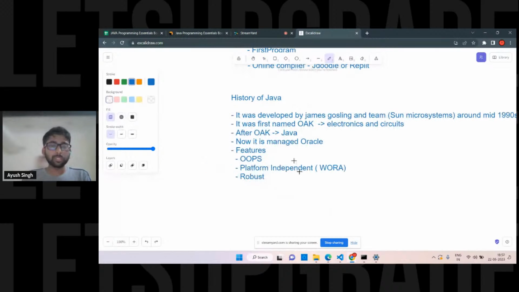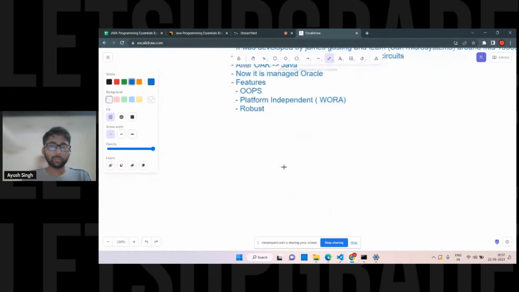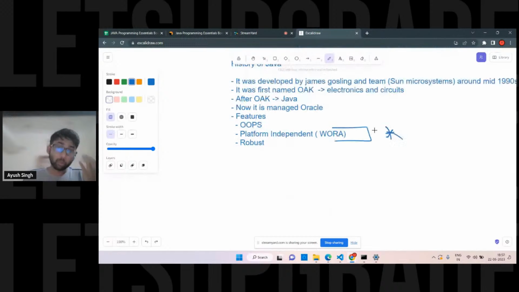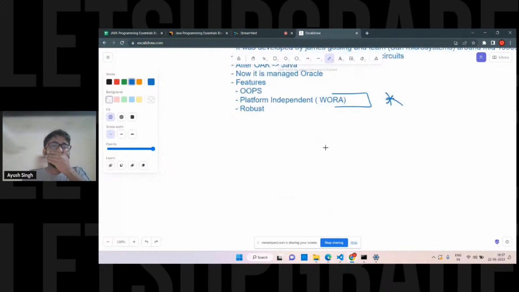So we are going to see this part. Generally we are going to see this part. This is quite important, I'll just mark it with a star, which is more important. Obviously, this OOPS is also important at the same time, but we are going to stick with this, and see how it is platform independent, all those things. There are a few points we have to see.